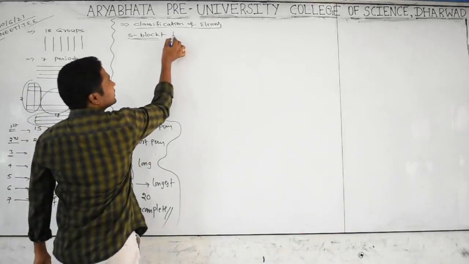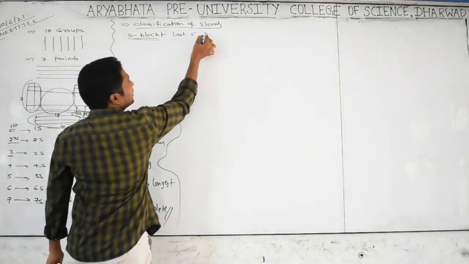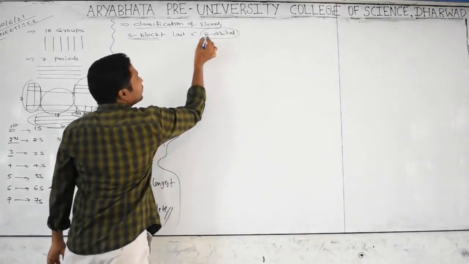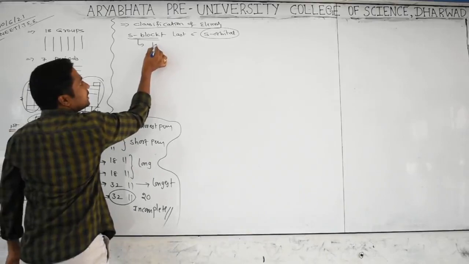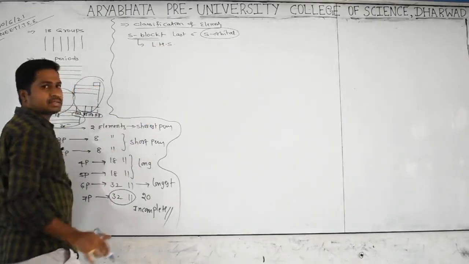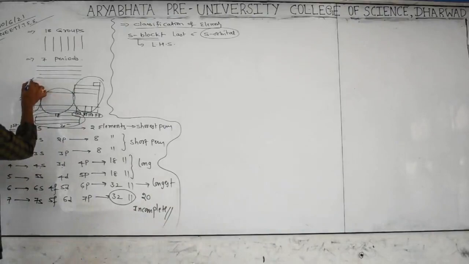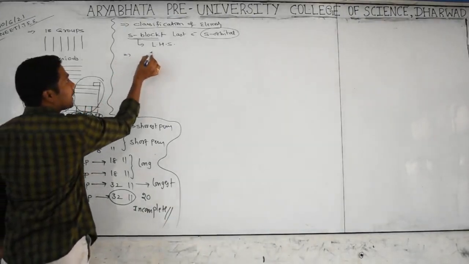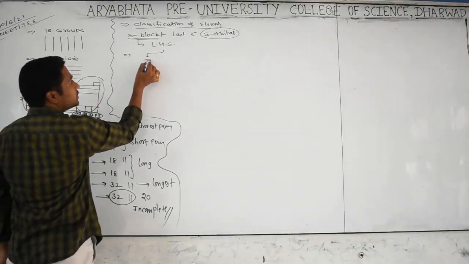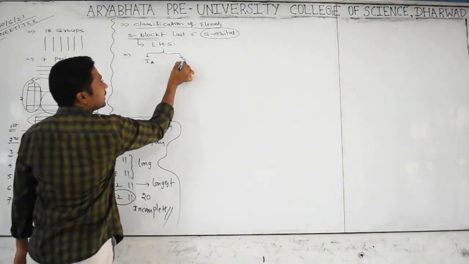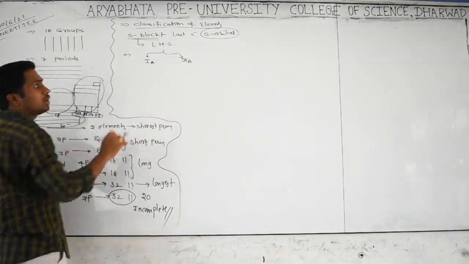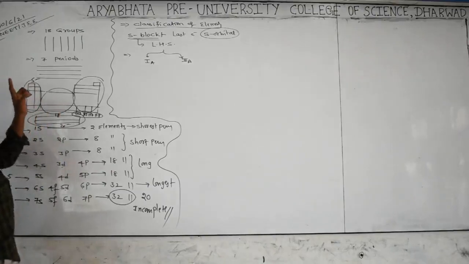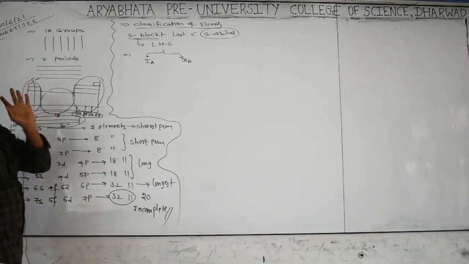An s-block element means an element in which the last electron enters into the s orbital. What is the location of these s-block elements? Extremely on the left-hand side. Whatever is on the left-hand side is called an s-block element. Under the s-block elements we have two groups: the first A group elements and the second A group elements. Groups number 1 and 2 are called s-block elements. Check it: whatever element you take in this area, in those elements the last electron enters into the s orbital.